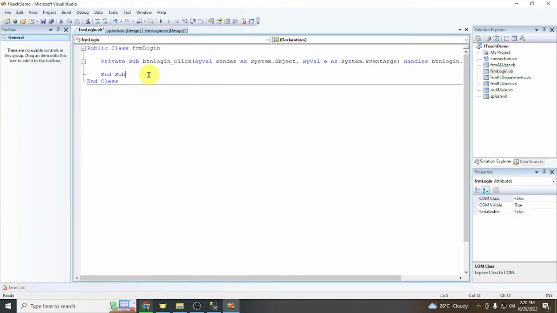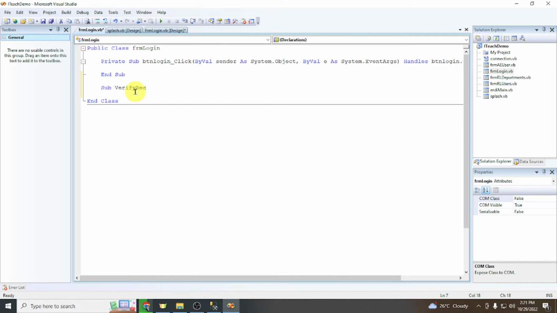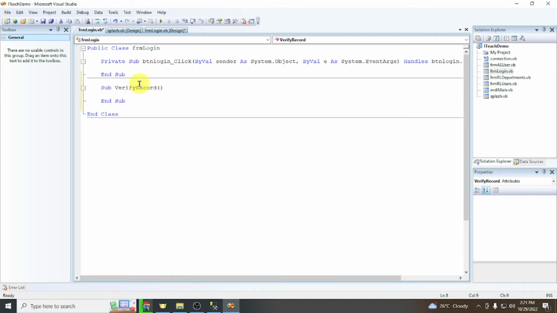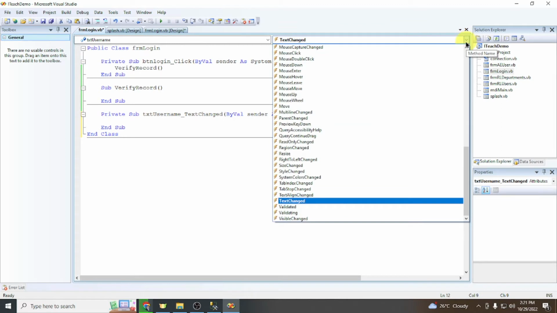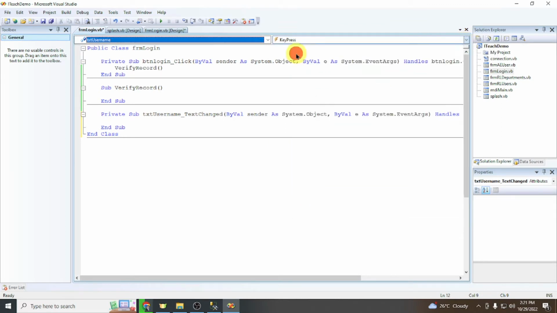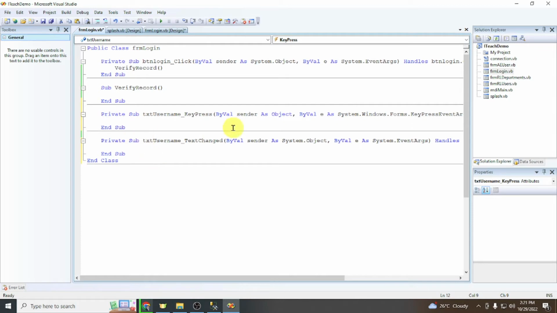In here we're going to make a function. So every time you click the login, it will execute the sub, let's say verify record. Okay, so we will put this one here. And even in the key press event of your txt user or txt password here in our login form, in its key press event, we are going to put this one,